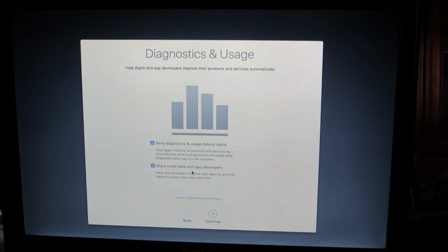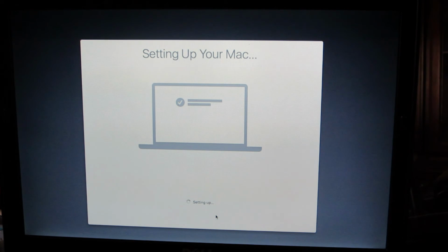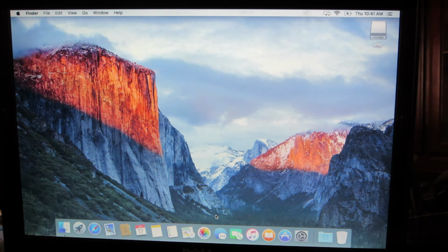This is the screen I was talking about. Just uncheck the bottom one first, and then uncheck the top one, and then just hit continue. Make sure those are both selected. If Apple finds out how we did this, then they will stop it from working. They probably will find out by this guide, but